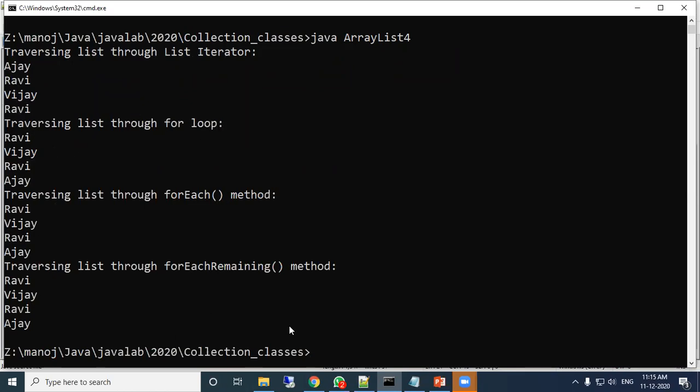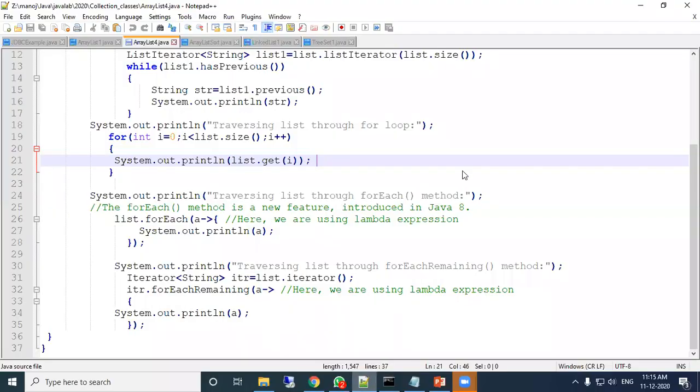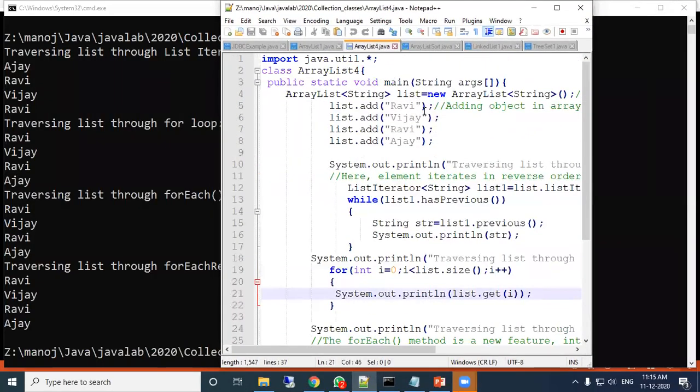Data is kept Rabi, Vijay, Rabi, Ajay. But when you have printed using list iterator, it has printed Ajay, Rabi, Vijay, Rabi. Then traversing list using for loop, Rabi, Vijay, Rabi, Ajay. So this is the actual series, and here it is printed in reverse.